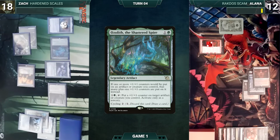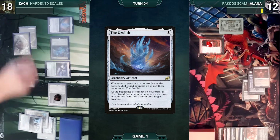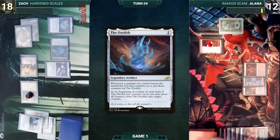It will go as 2. Go to combat, trigger the Ozolith, and I will move the counters over here. So 8 will become 9, which goes up to 11 counters, and then I will pass the turn. Draw for turn. That is really